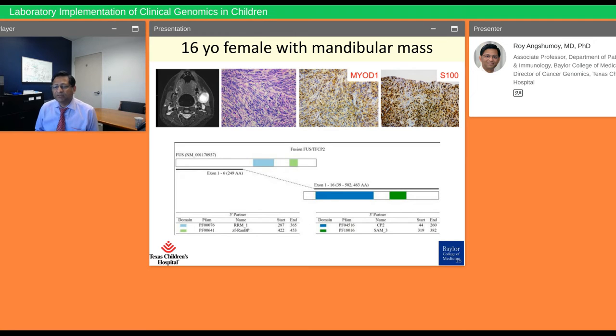TFCP2. This is a fairly new fusion that has been described in the literature, mostly in tumors that arise in these bones, in this case, mandible. And it's a fairly rare and totally unexpected fusion in this case. Again, a great diagnostic biomarker and helps with the patient's clinical management. So these are some examples of fusions. I'm going to move on to show you an example of